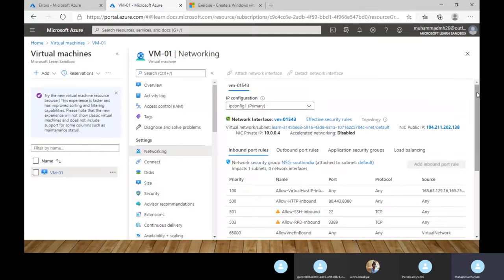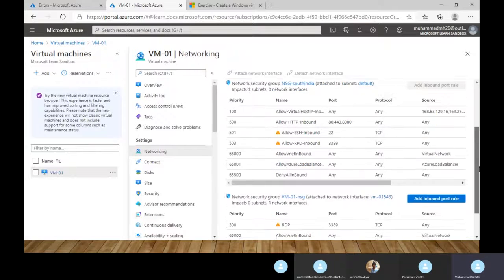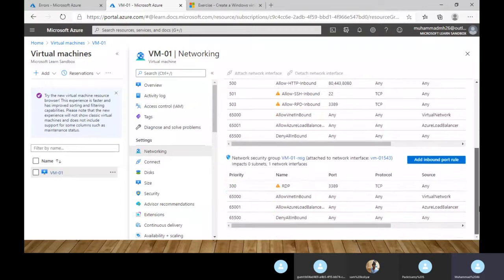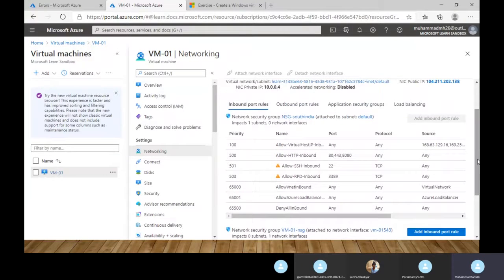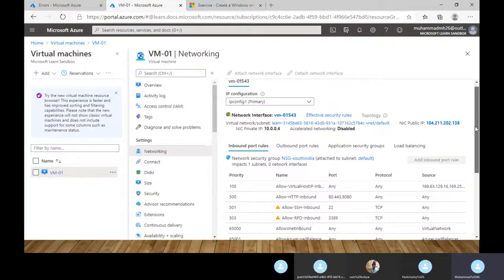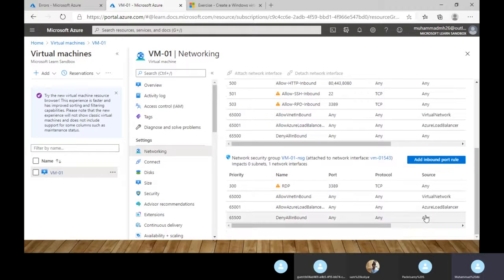See, networking: this is your IP configuration, your network interface card, and these are your inbound and outbound rules. Actually I am using this free service, so it has multiple interfaces and network rules.